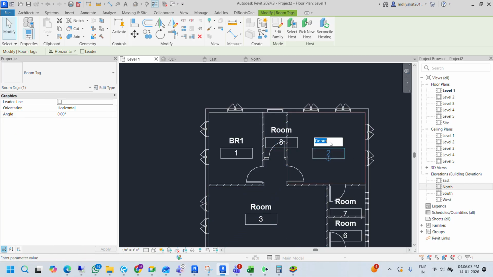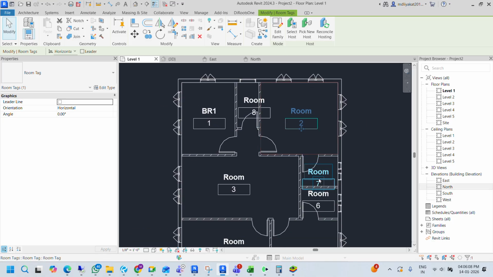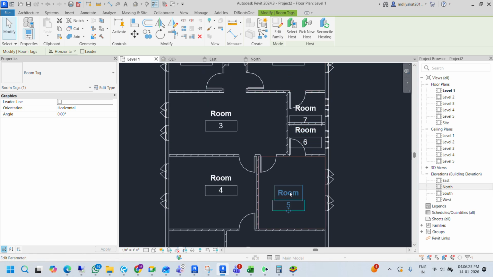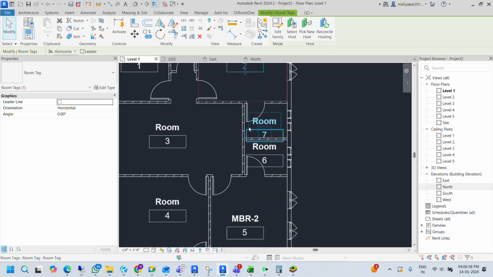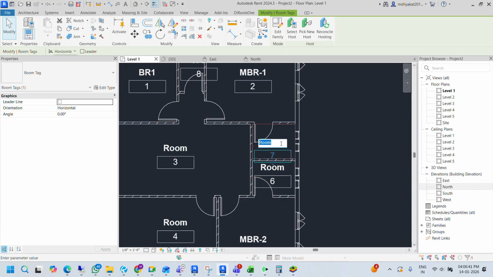and in this bedroom an attached toilet is there. For that also we should give a separate room tag. Yes, definitely. So this is your WC. This is your master bedroom. This is another master bedroom. Let's make it two. One, two. This is WC